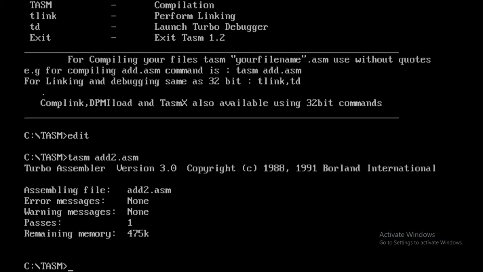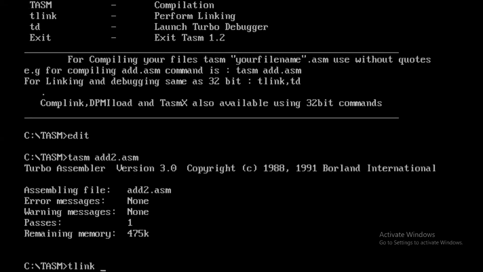Now I need to do the link. Already the commands are given, just I am going to override that. Your name linking, that is performing the linking between your program and .asm file, that is assembling. I am assembling that file.